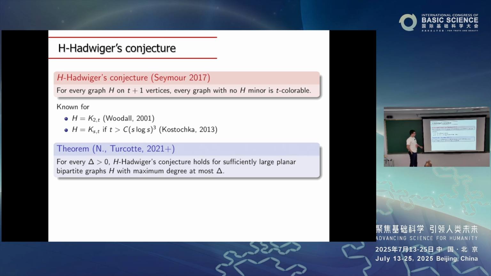And that's no longer true if I forget any of these words I inserted. So if I allow it to be planar with bounded maximum degree, but forget bipartite, it's false. If I forget bounded maximum degree, it's false. If I still have bounded maximum degree and leave it bipartite, but forget planar, it's also false. Planar is just for your sake. Really, the real condition, for those who know about it, is not planarity.